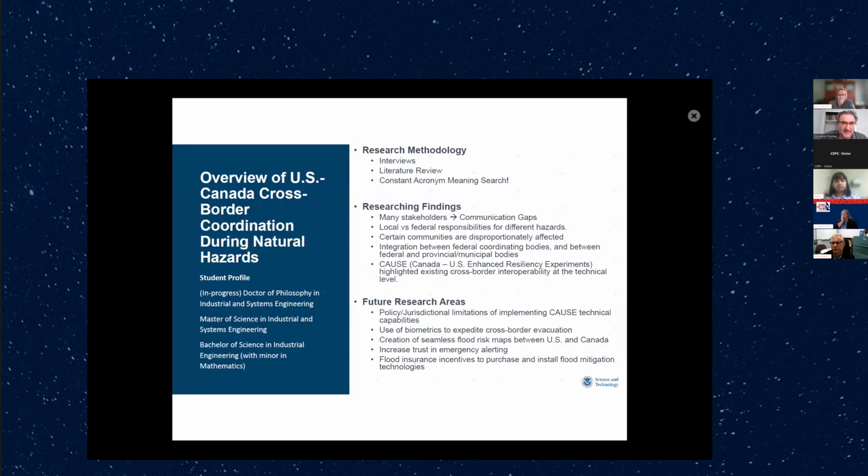So just to highlight some of the findings and the future research areas they covered. I mean, they had a tall task. In a few weeks, they were supposed to look at areas of cross-border relations between the US and Canada in the events of natural disasters and identify possible gaps and future research areas. One of the students had more of a technical background in engineering, and she focused on communications during natural disasters between Canada and the US, and found that, first of all, there is some